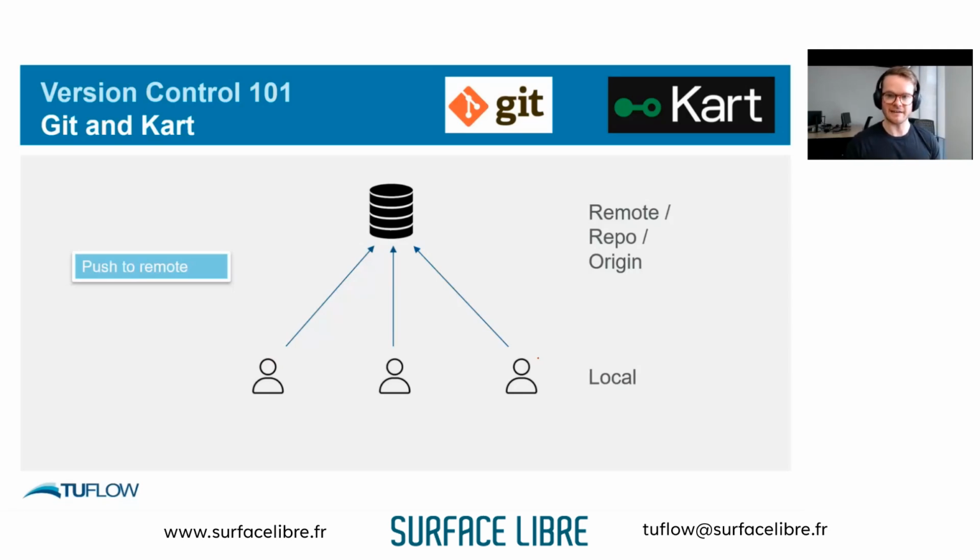So it's a lot quicker than copying the model around, because you don't have to do gigabytes worth of data transfer each time. It's a very quick and easy way. You don't need to worry about checking save dates, making sure you're grabbing the right files that have been edited. All of that should be taken care of by Git or KART. So I just want to make the distinction that there's an origin or a remote, and there's also a local copy on everyone's machine.